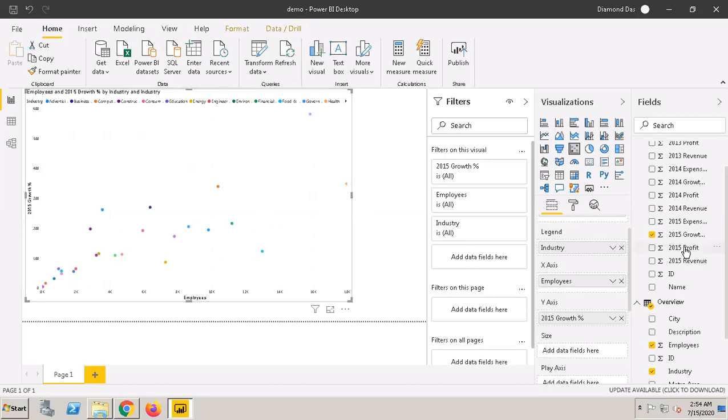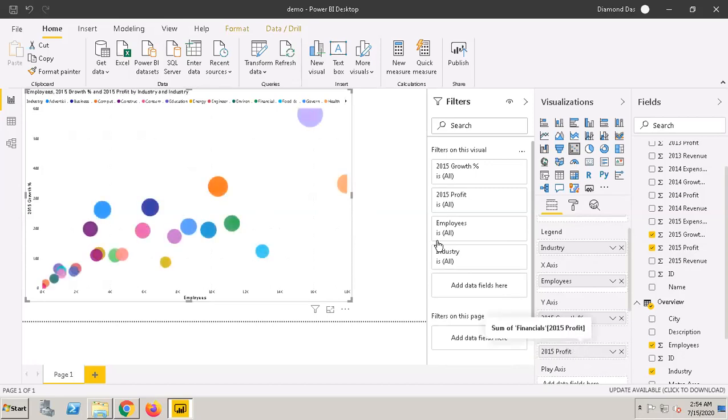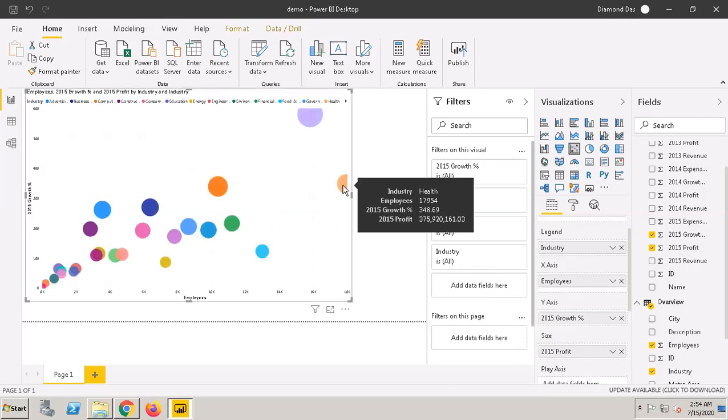If I bring in 2015 profit, now you see the size of the dots. If we check the size of the dots, the growth and the profit go hand in hand. The top growing companies, or the companies with maximum growth, are even doing the maximum profit.